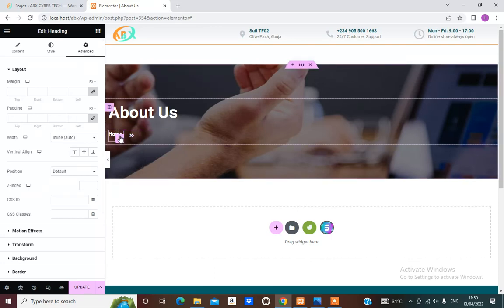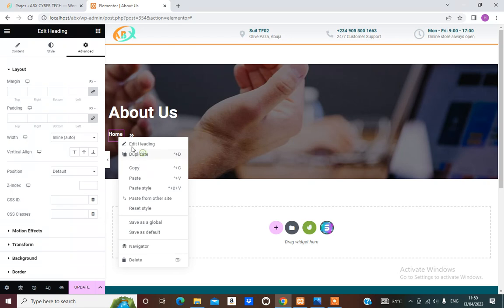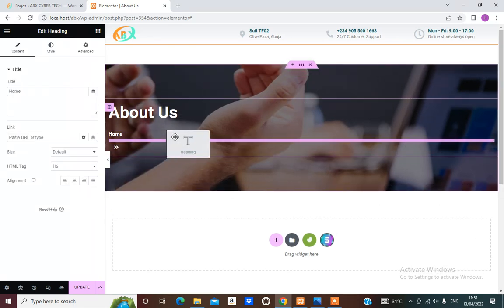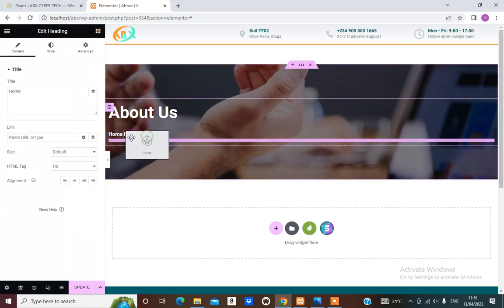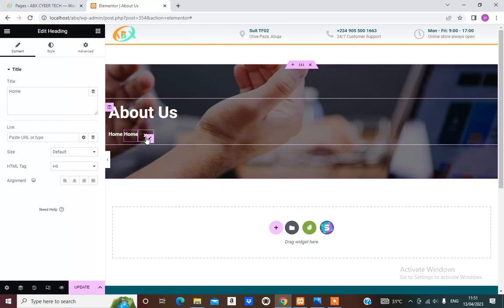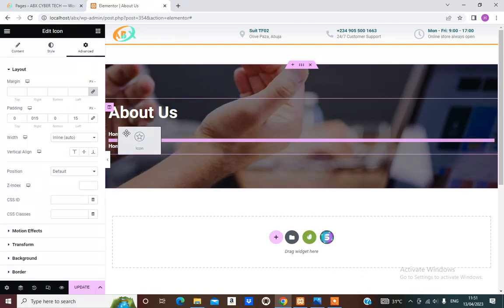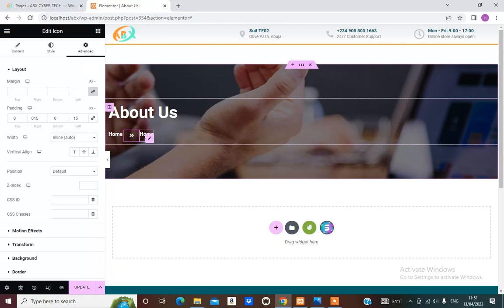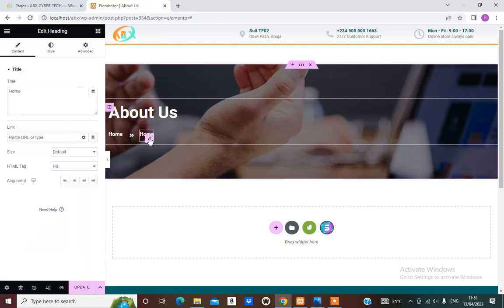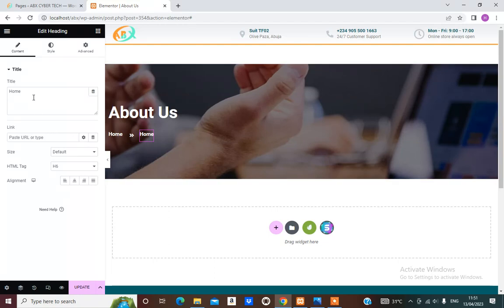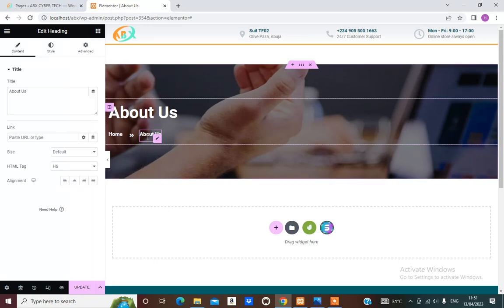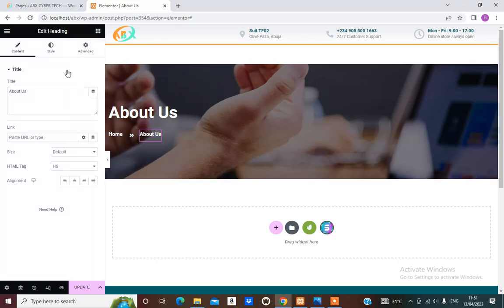So I'll duplicate this, then I'll drag one to the end of this. Okay, so I can change this to home, sorry, to about, about us. Then I'll give this a color